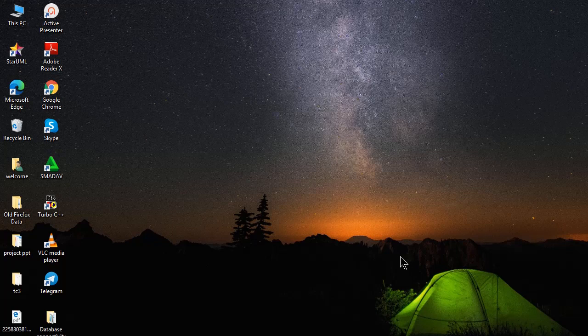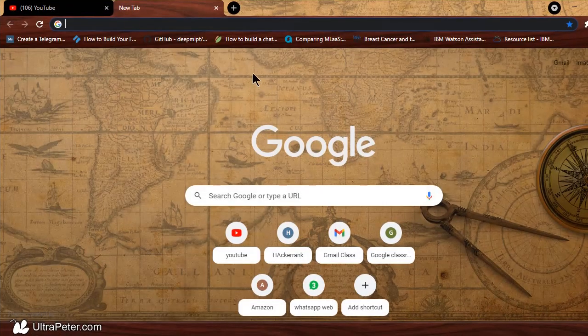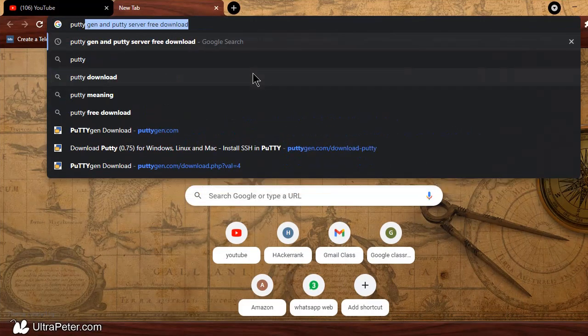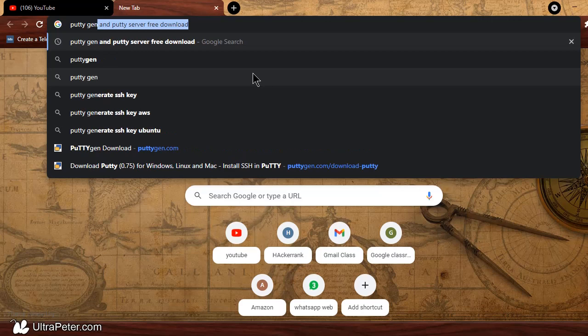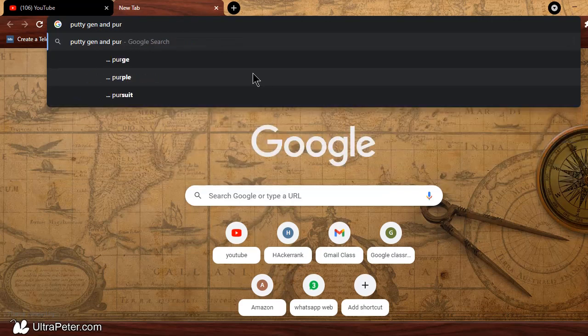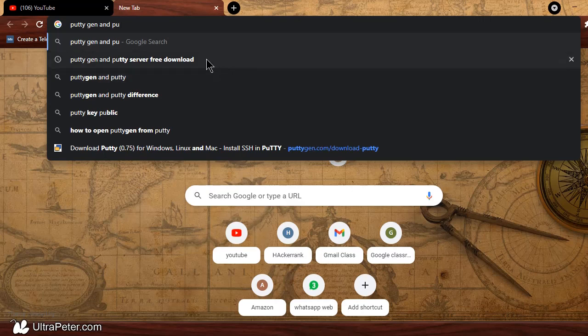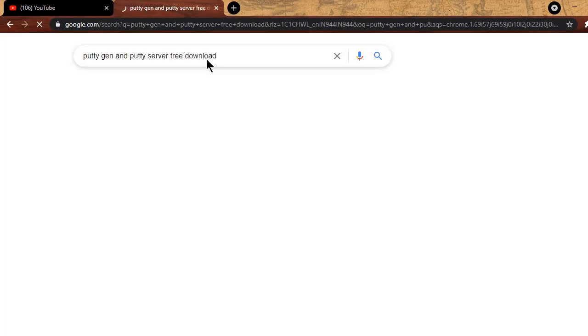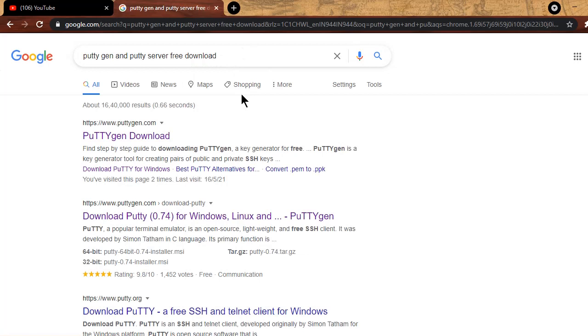Hello guys, so in this video we're going to see how to launch an AWS instance in Putty. To do that we have to install Putty first. For that we need to type puttygen and Putty server download for free. Once you press this, you can see the first link. Click the first link